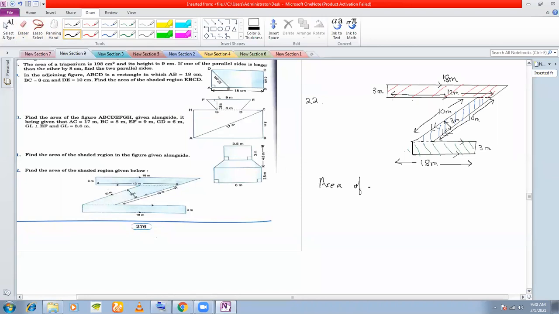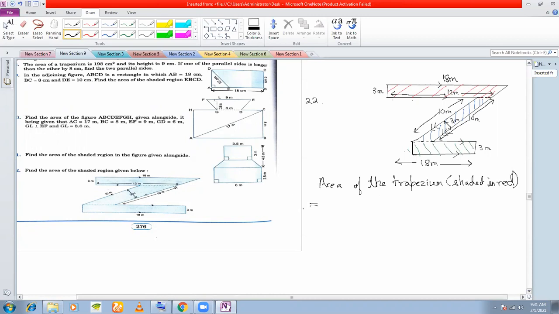Area of the trapezium, let's say shaded in red. Although you are not allowed to use colors in examination, just for your understanding, online I am doing this shaded in red. What you actually must do is label this figure like A, B, C, D, and then you can call it the trapezium, or you can do it directly. Also, area of the figure is equal to area of trapezium plus area of parallelogram plus area of the trapezium.